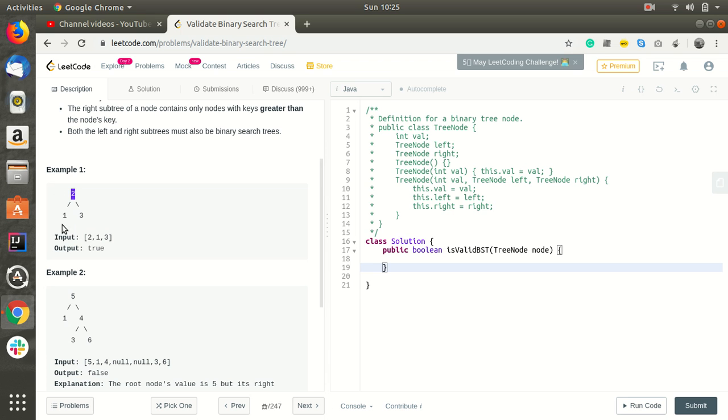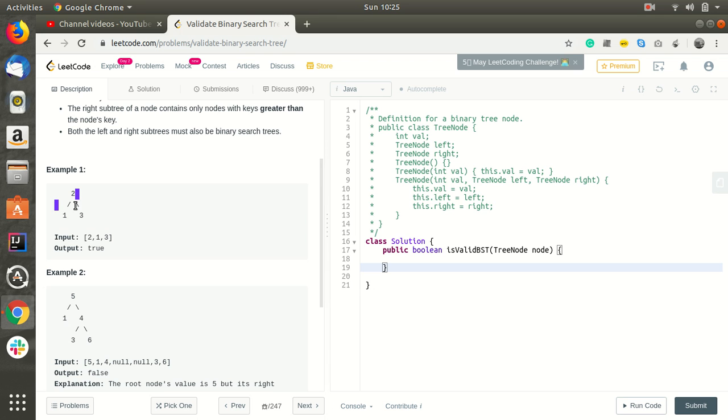Suppose we are going to the left. For this node we will be checking whether this 2 is greater than the min value or less than the max value.